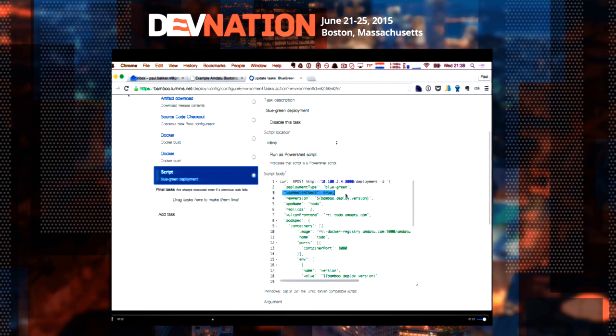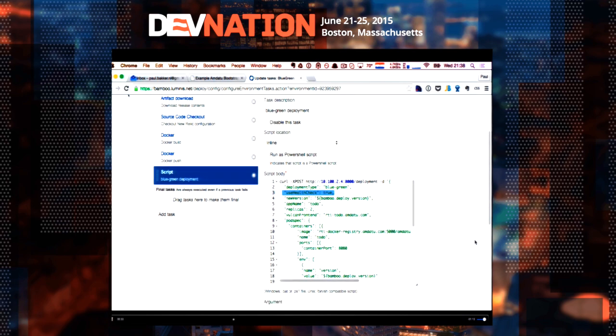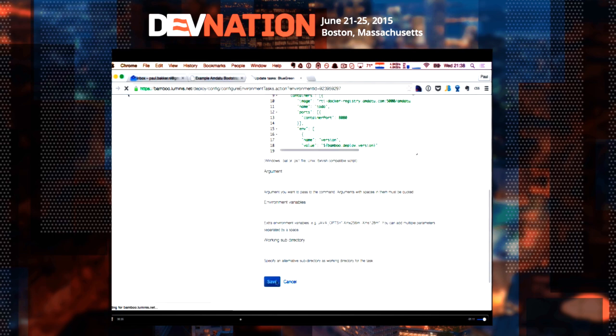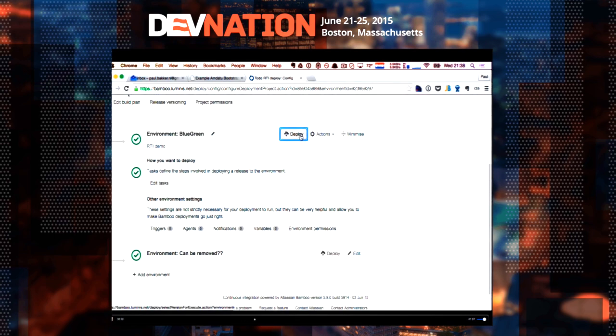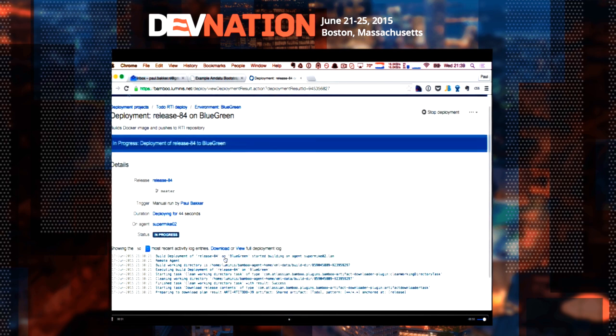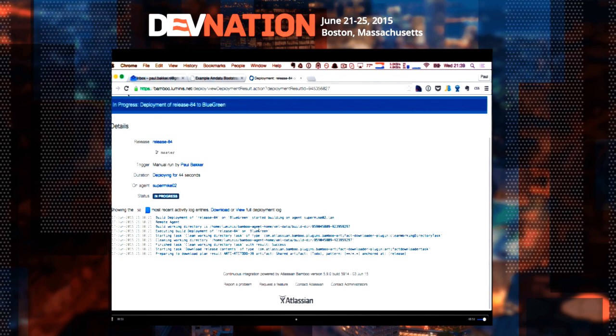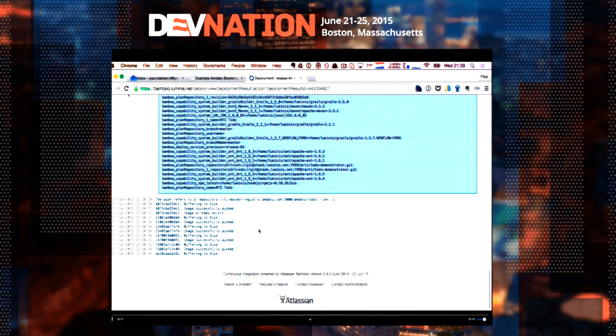You see it's just HTTP. We have the deployment descriptor, as I've just shown as well. A bunch of environment variables. And from there, we can just click deploy. Click. And in Bamboo, you can create a deployment of a specific version that you have built. You just click build, and from here I speed up the logs a little bit because otherwise it takes a while. But we see the Docker push happening here.